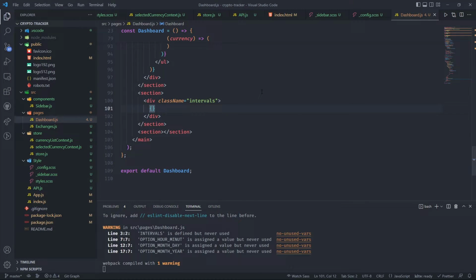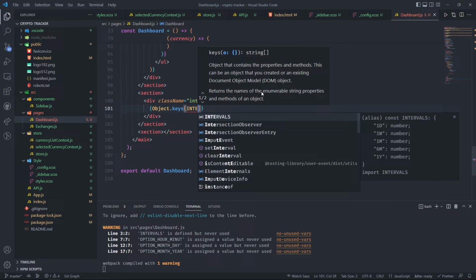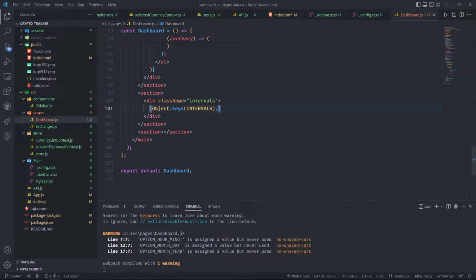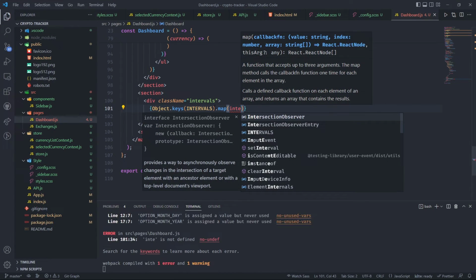Then we're gonna go through the keys of the intervals. In this interval, you see the keys will be 1 day, 1 week, and so on. So we're gonna use the map function here, and for each interval,